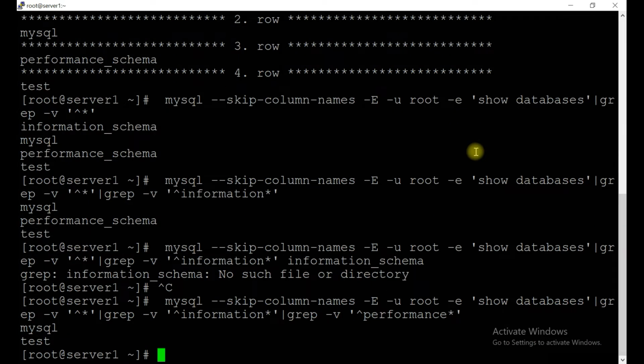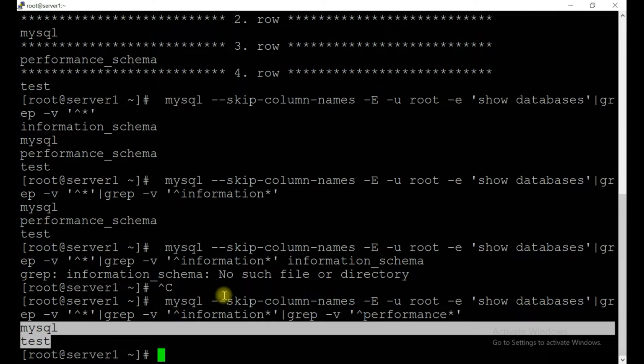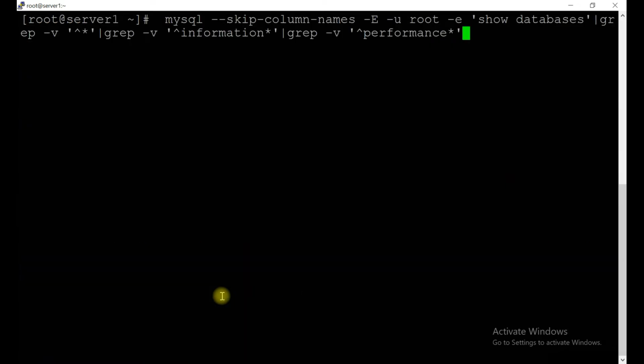Let's see what information we get. So we are getting this information, which means inside our server we have two databases. Now put this information inside the for loop. Clear the screen first, execute this command for in.